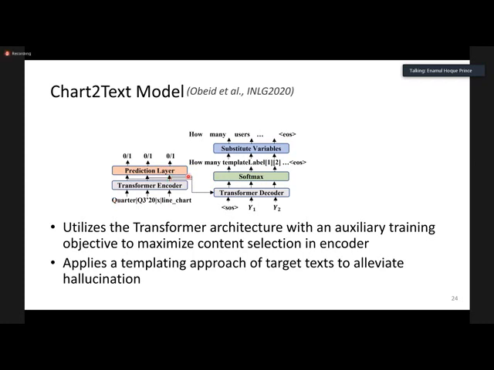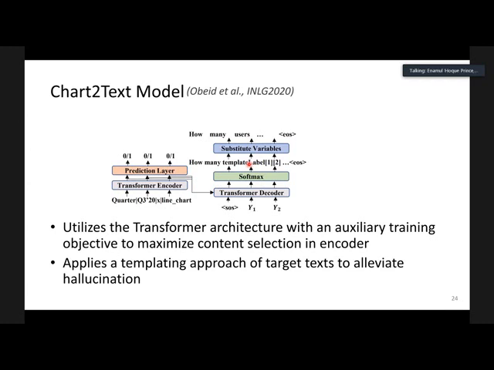I probably went too quickly, but on a high level, the idea is that you have an encoder that predicts what information is important within the data table, and then you have the decoder which generates the caption based on this predicted information.